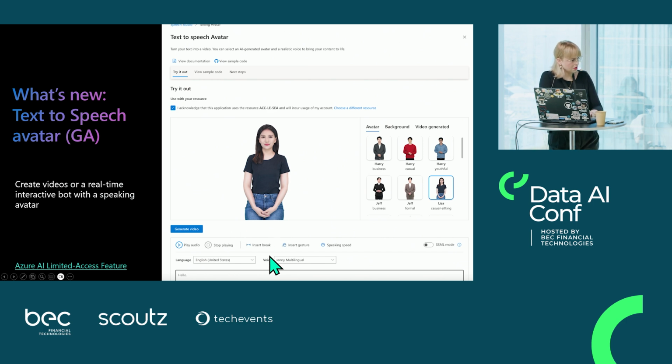Those avatars are also multilingual and there are different voices with different languages. So Microsoft Speech supports, I don't know how many, more than 100 languages, very easily.